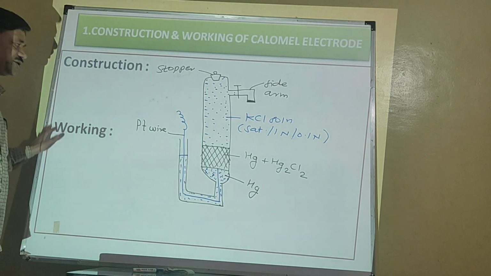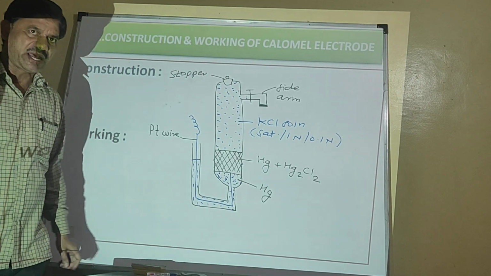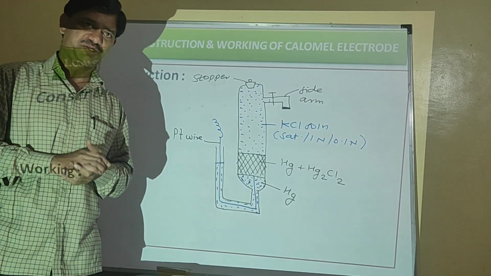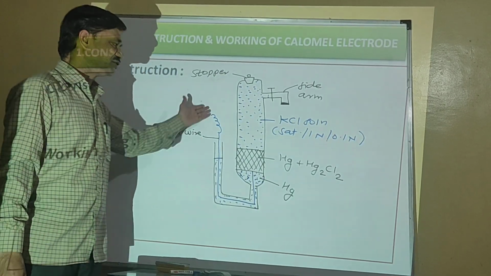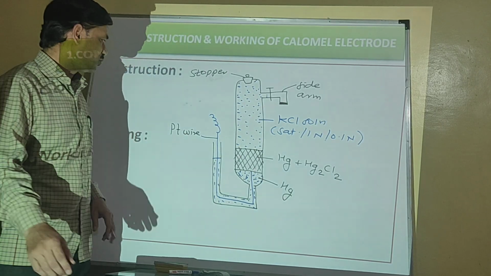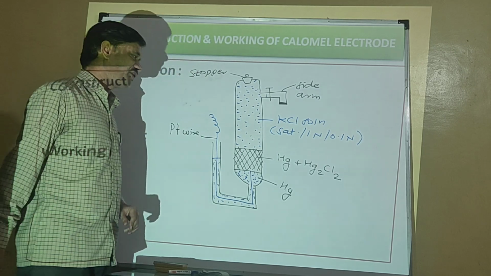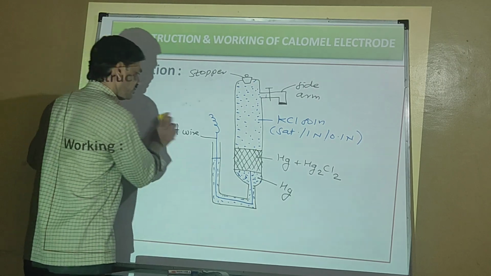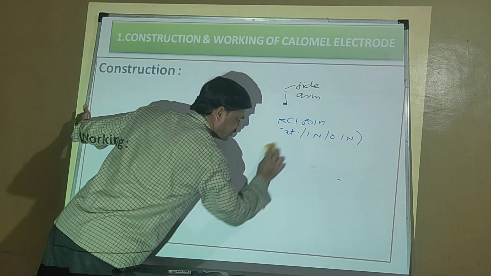Next point. What do you have to write in case of working? So remember here, calomel electrode acts as either positive or negative electrode, depending upon which factor? Depending upon the nature of the other electrode to which it is coupled. Suppose it is coupled with another positive electrode, then calomel acts as negative electrode. If it is coupled with another negative electrode, then calomel acts as positive electrode. So in case of working,